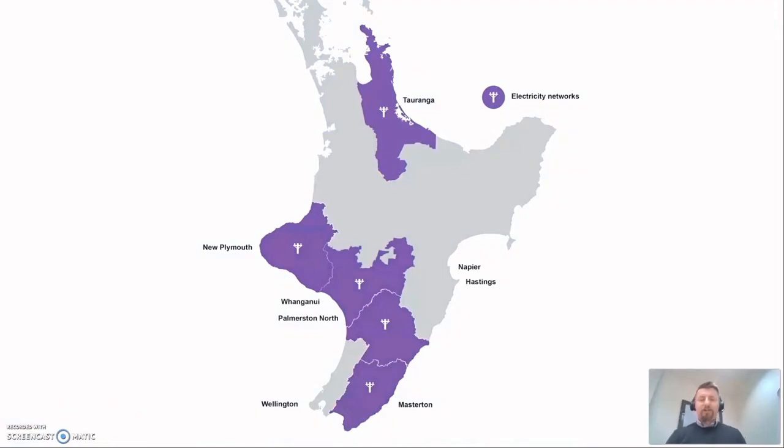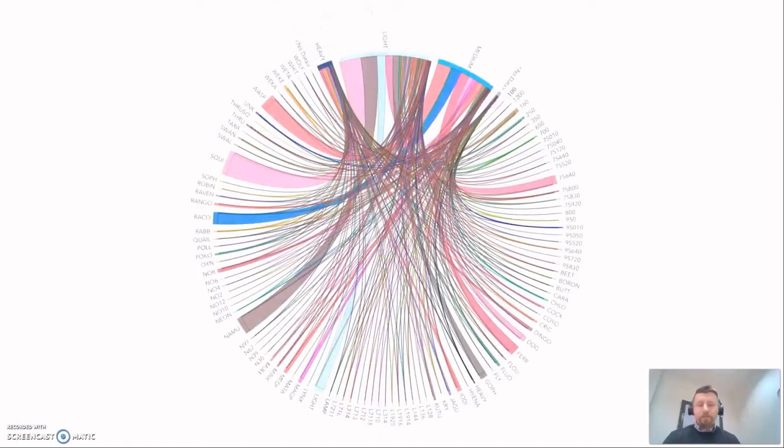The Powerco footprint covers a large geographic area of the North Island of New Zealand. The networks in these areas have been in the past constructed by 18 different electricity distribution boards. Therefore, there's a diverse number of different material types and different network configurations in the way the networks have been constructed. As the Powerco networks are that diverse, and renewal solutions can be unique to different parts of the network, a tool was required to identify these needs.